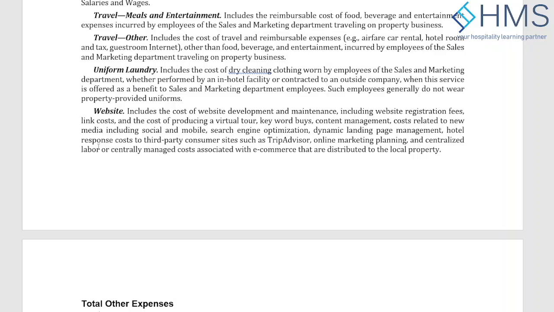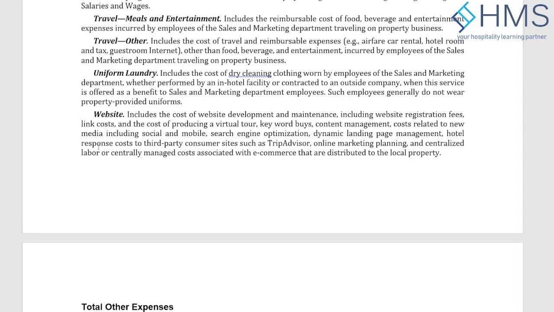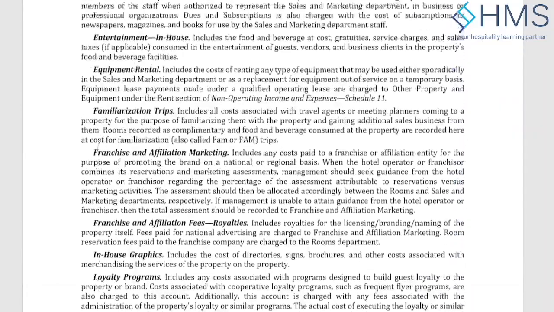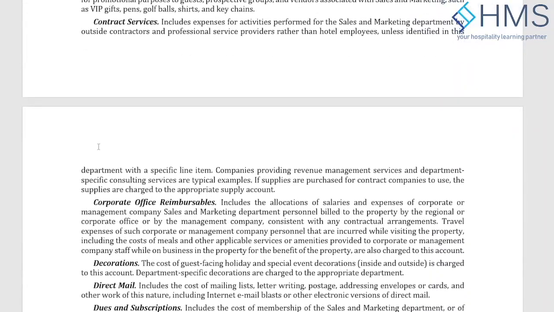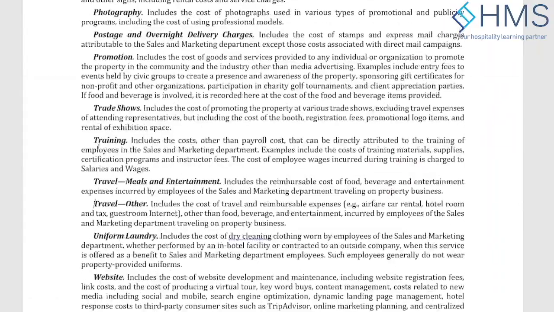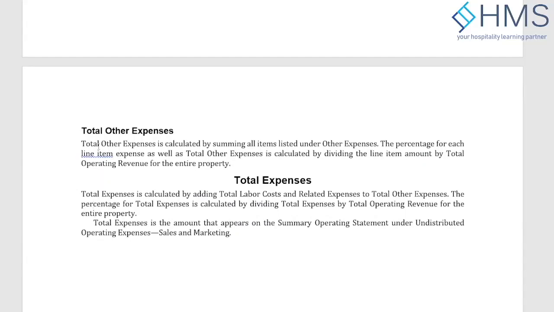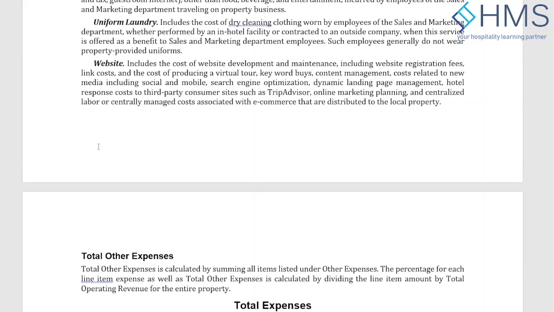So I think I mistakenly said earlier that the cost of search engine optimization will go to the marketing. No, where did I say it will go? If the company hired a freelancer to do the SEO, then I said the cost of that will be going into the contract services. But actually, because it's specifically mentioned that the cost of such services goes to the website, the cost of that search engine optimization will go to the website. So usually you hire third-party agencies to do these tasks for the management.